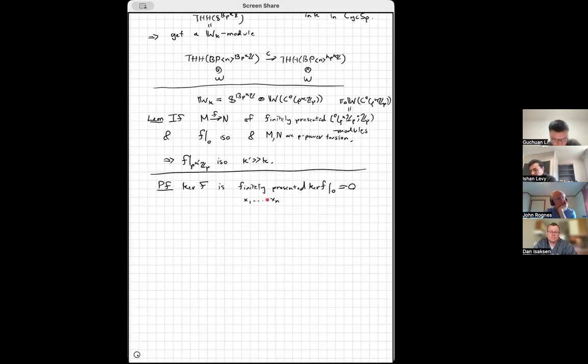And you know that x1 to xn become 0 at 0. And so what that tells you, well, what am I saying? So the point is that the fact that x1 to xn were 0 at the origin and p-power torsion, the fact that continuous functions on